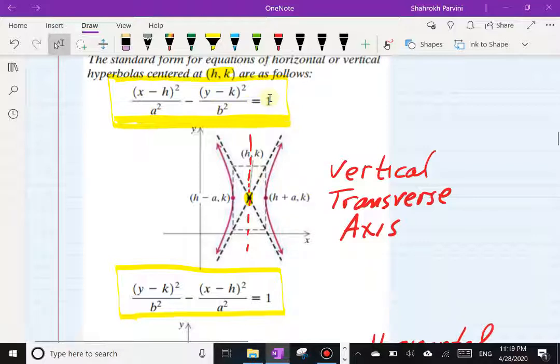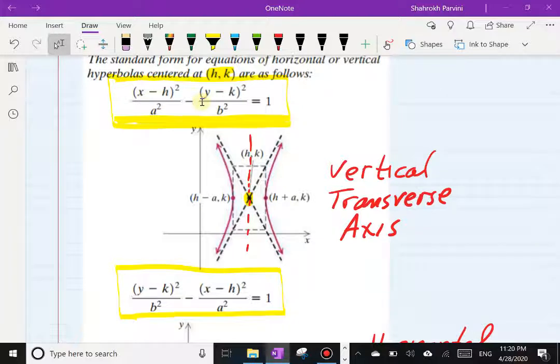Two things here. Definitely need to have the 1 here. It's very important to have this 1 on this side. And also between the two fractions, there is a subtraction, right? A minus sign. So if you turn that into a plus sign, then the result's going to be an ellipse. So again, recognizing the form of the conic section is the key in being able to graph these correctly without